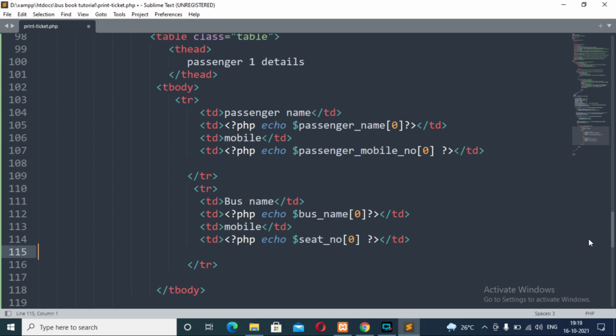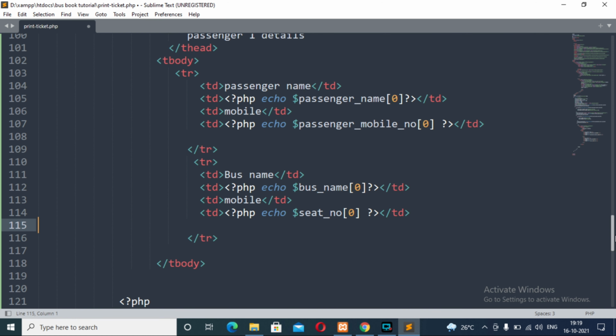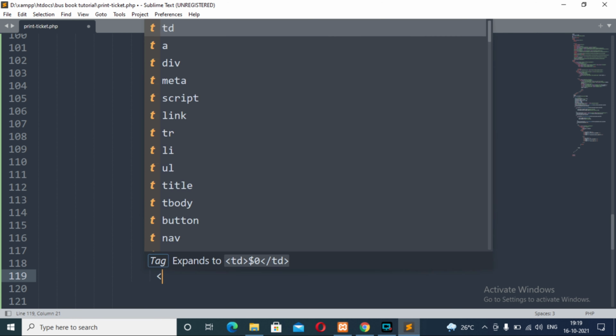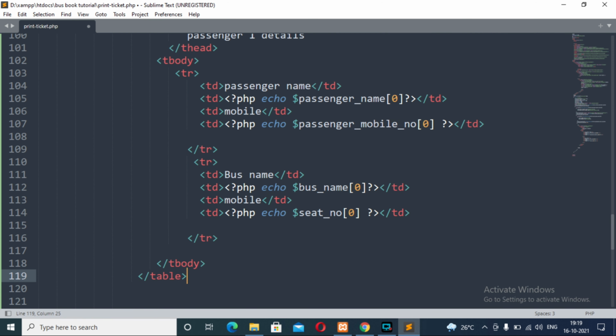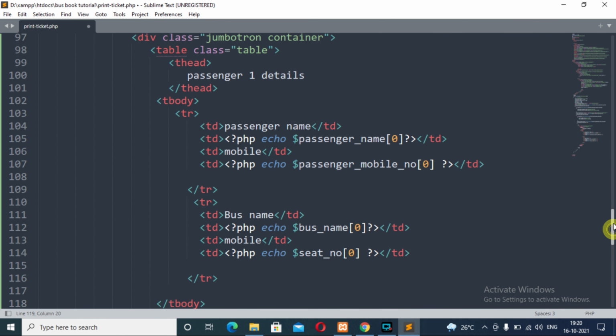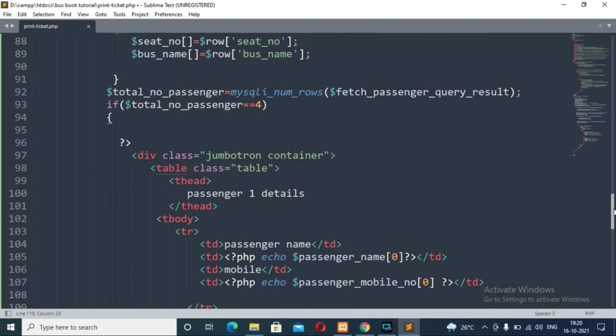Now copy these 4 lines of code, body and table. So copy 4 lines of code from 119 to 98, sorry.